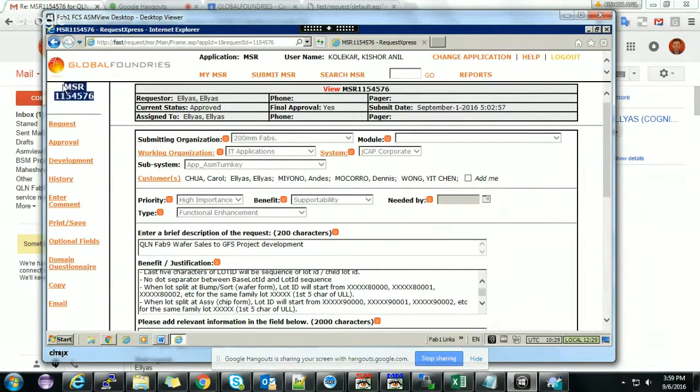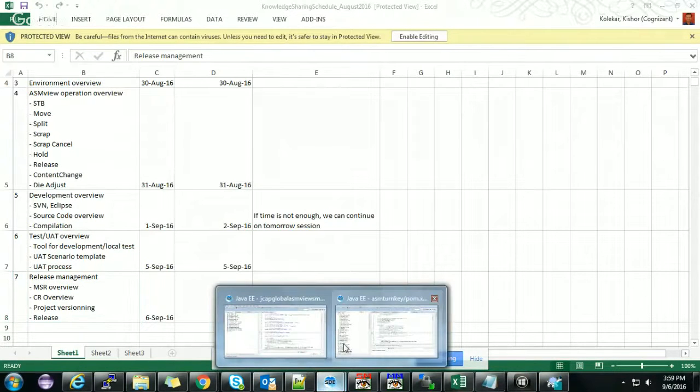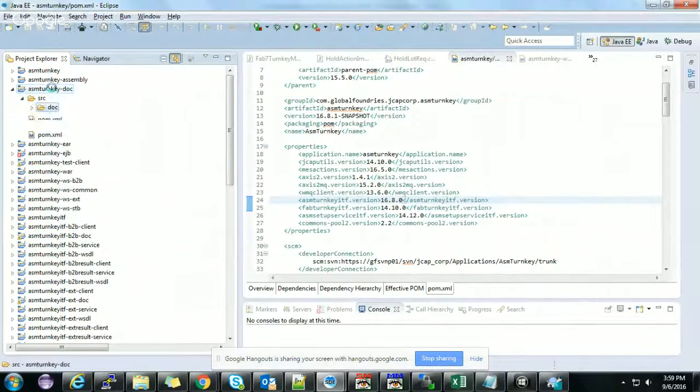Yeah, this is the MSR, and this MSR we are using for releasing the project, right? We are giving this MSR number. I will show you where actually. So, CR overview, right? MSR, okay. So now this document will come into picture after our testing and everything is successful, right? And we are releasing to production, right? So we are converting from snapshot to the release version, right? So in this case,